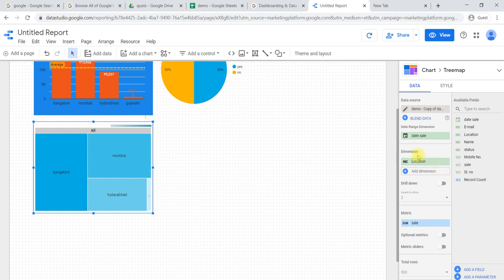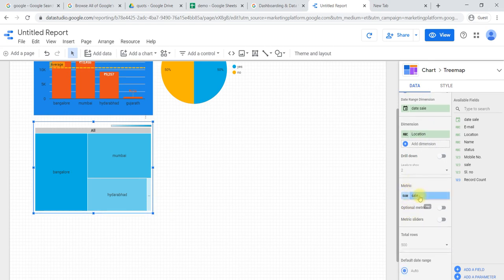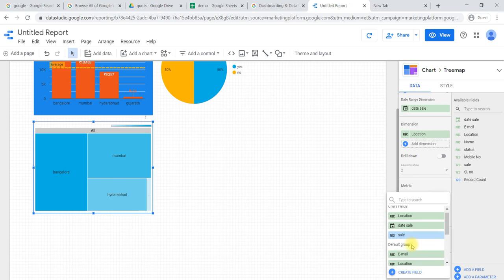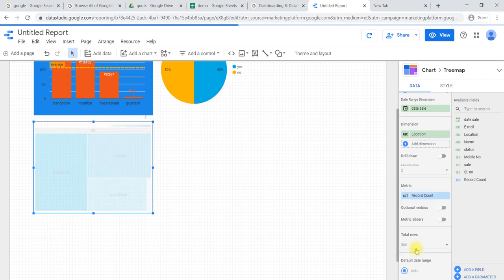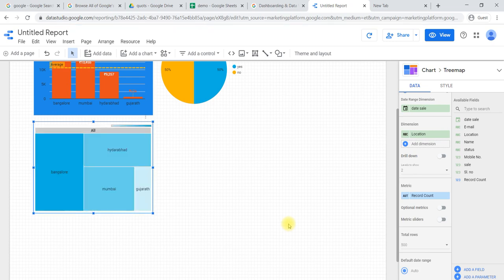Dimension is location wise. The metric should not be sales but record count, the number of invoices. By size we can understand which one has the highest number of invoices and which has the lowest number of invoices.